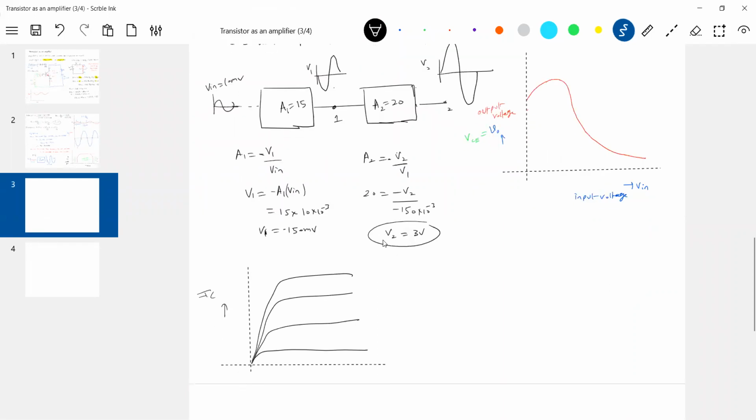Tell me, what have I shown in this? This is the cut off, no? I don't know, some colors I gave. This is the cut off. Then I showed this is some sort of... Don't draw a rectangle. Some inclination should be there. I think this is saturation. And this is the active region.